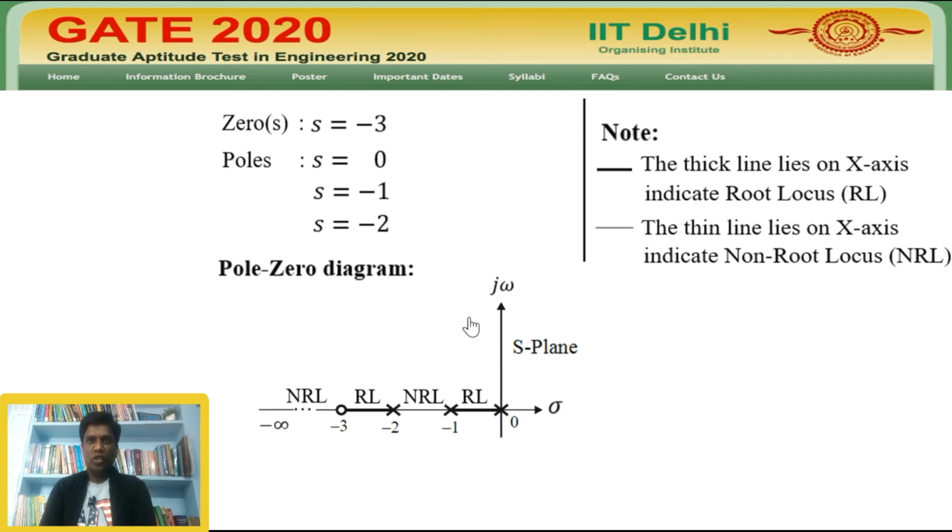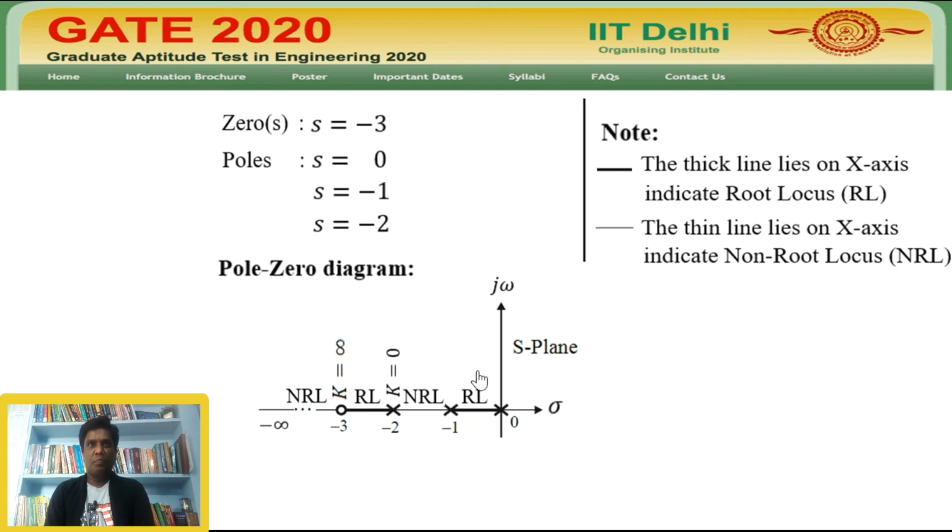According to the question, a zero and a pole are lying on the same segment of the available root locus path of the root locus diagram, at minus 3 and minus 2 respectively. In this segment, the pole starts searching for the zero at minus 2 with k equal to 0 gain and terminates at the zero at minus 3 with k equal to infinity gain, which means this pole and zero are attracted to each other. Therefore, there is no possibility of a break-in point in this problem.